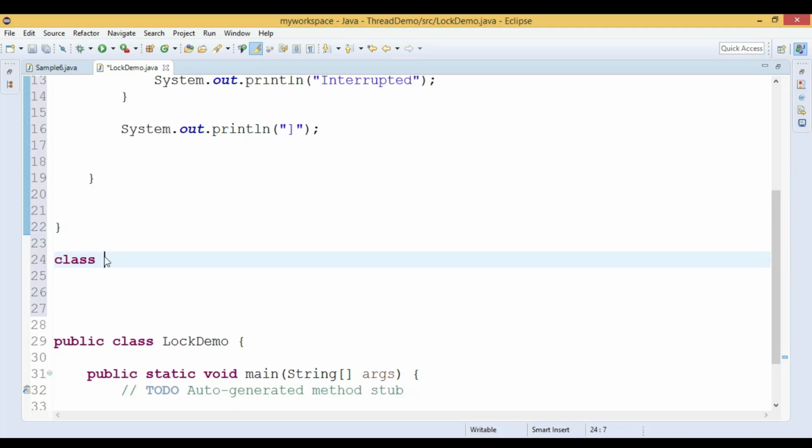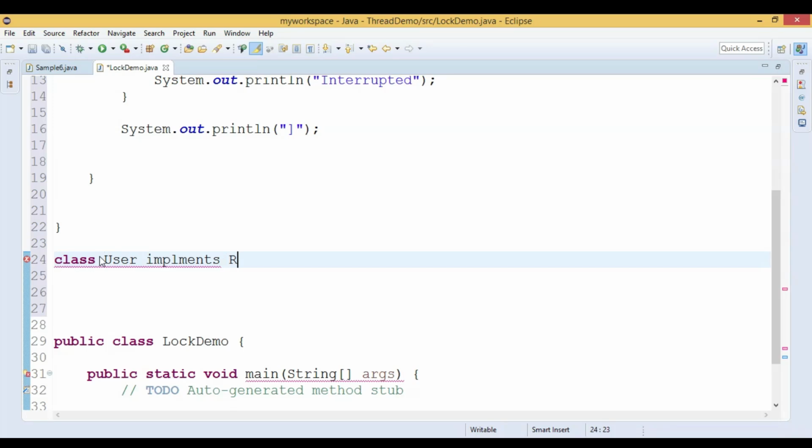We can give the name of the class as User. So this User class, what we do, we make this class